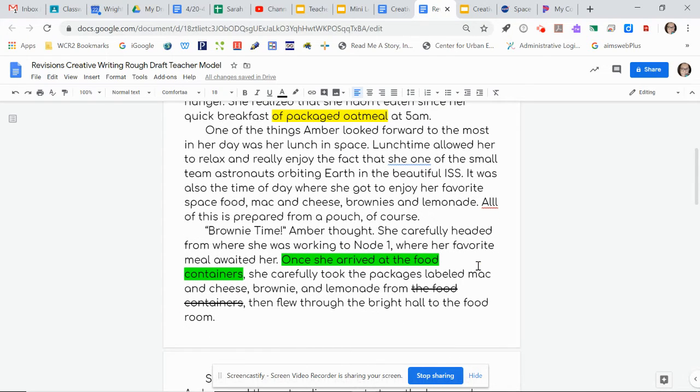Brownie time, Amber thought, and she carefully headed from where she was working to Node 1, where her favorite meal